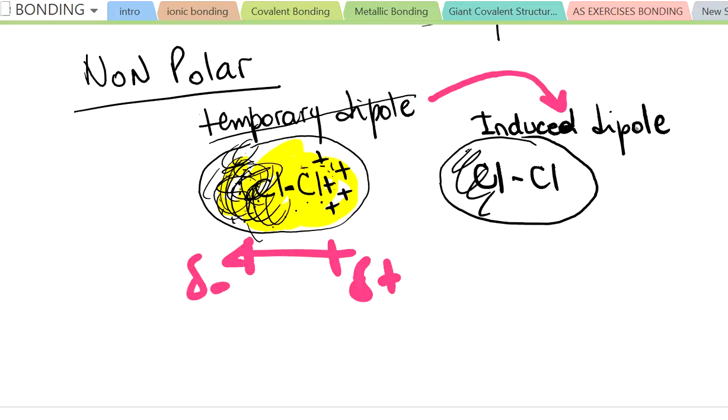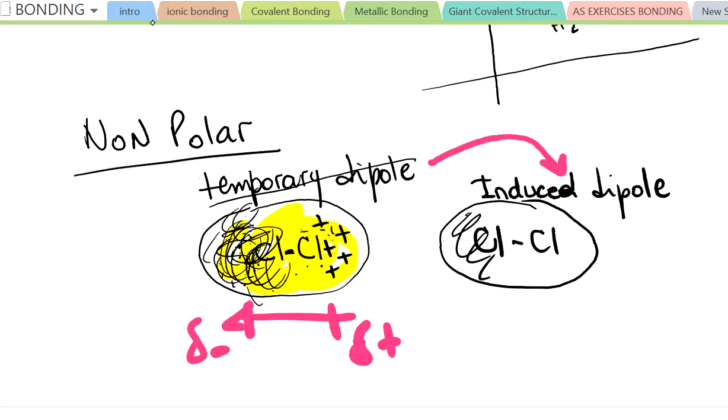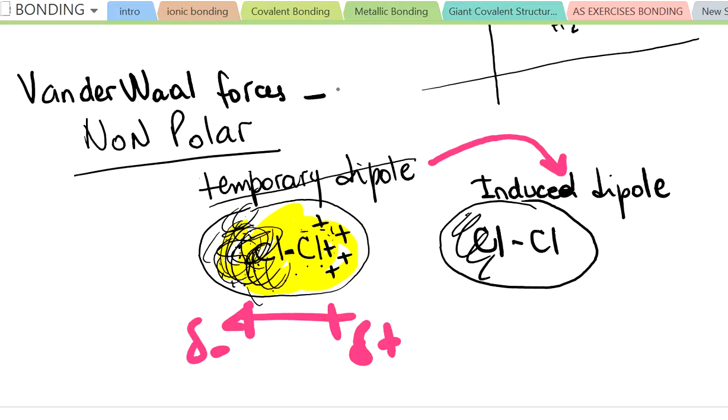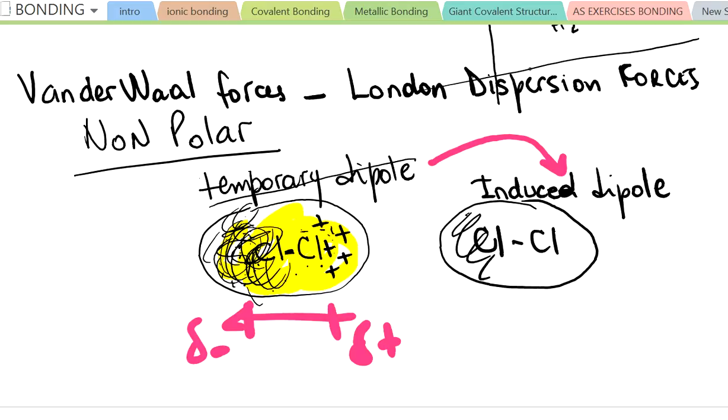Yes? Now, these are the weakest one of all these intermolecular forces, and we call them van der Waals forces, or also they call them London dispersion forces. Okay, those are the names that we give to this temporary dipole induced dipole thing. Now, that doesn't happen only in the